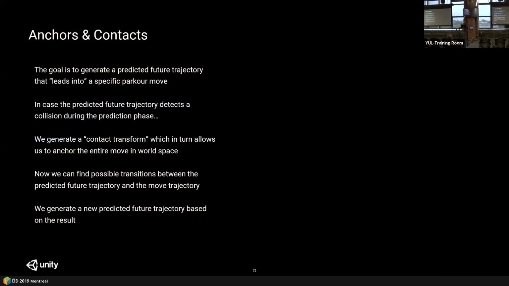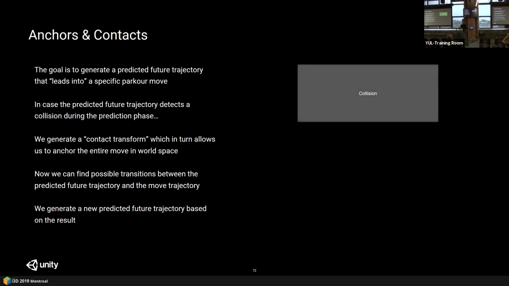So how does the similarity search work in this case? Let's say all of this would be part of this parkour ability. So it's all part of game logic. Here's a collision, and this would be my predicted future trajectory that was generated by the locomotion ability. In that case, it would intersect this collision. I can calculate the surface normal. Now, for all the movements that we have,